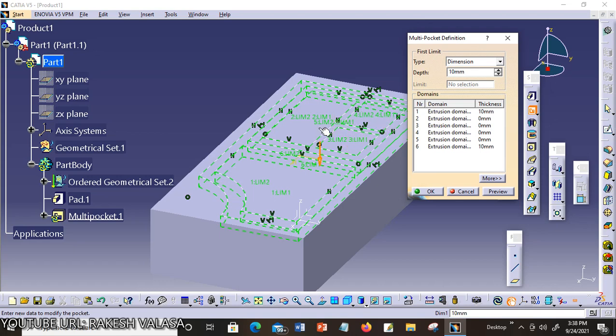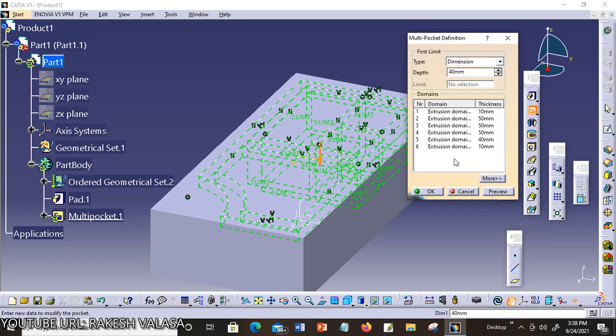I am giving the same length. Extrusion 2, 3 and 4, I am giving the same value. Now I am entering 50 mm. Next, for extrusion domain 5, the value is 40 mm.